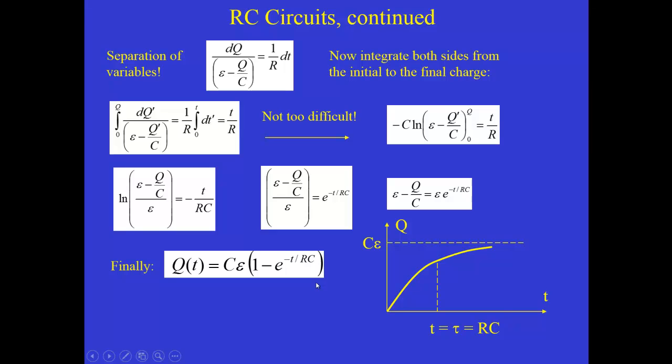Now, in order to simplify this expression, what's usually done is to define that term r times c as a term tau, and we call that the capacitative time constant for this circuit. It's not the time when the charge reaches its final value. That would only happen rigorously at infinite time, but it's the time at which we can say that the capacitor is mostly charged. It's more than halfway, and it's just a convenient value to calculate